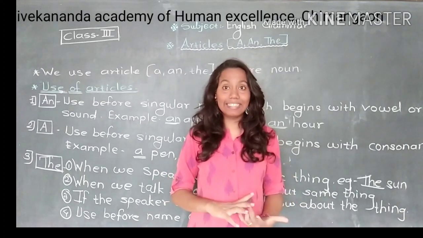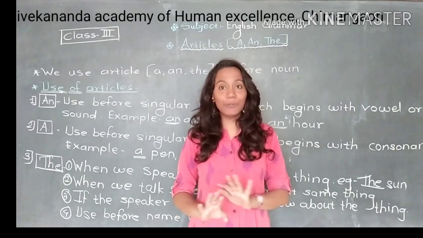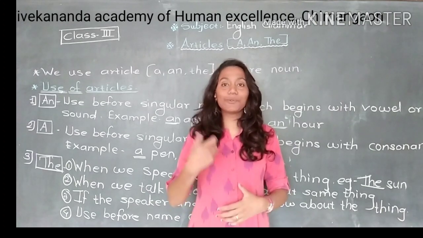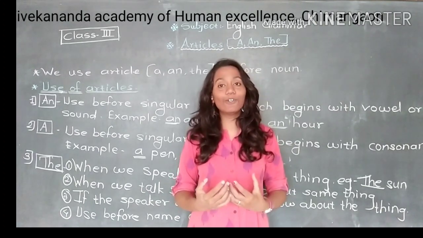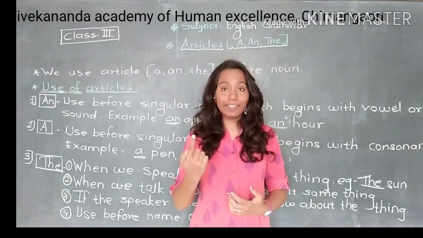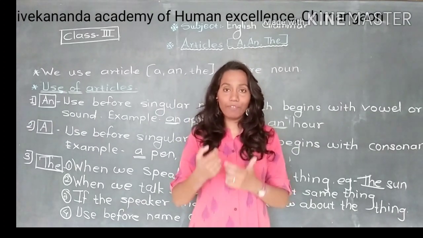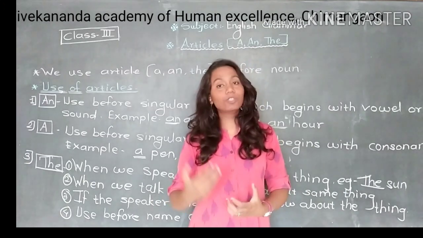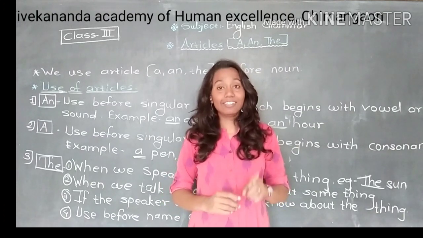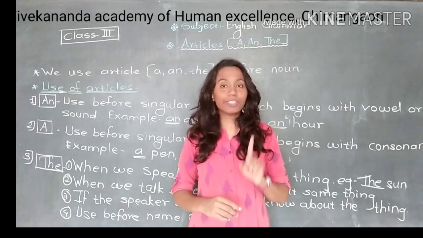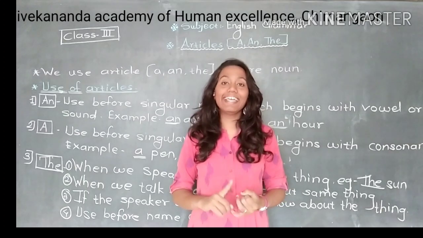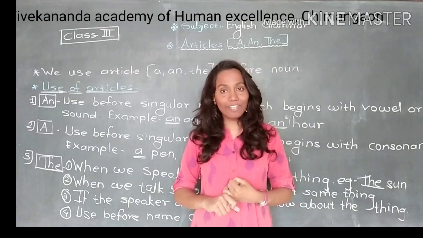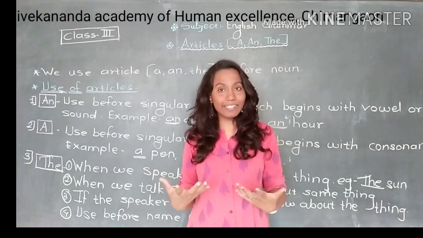If there are pencils, pencils means many, there we can't use this article a or an. But if there is just only a pencil, an eraser, if we are talking about only one thing, that is a singular noun. Any noun which we use for only one, those nouns we call singular nouns. And only before a singular noun can you use a, an, these 2 articles.